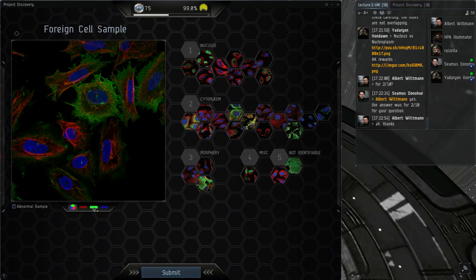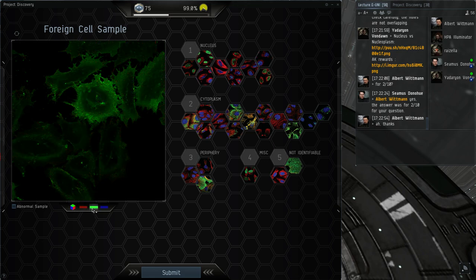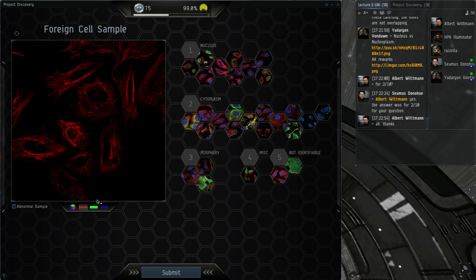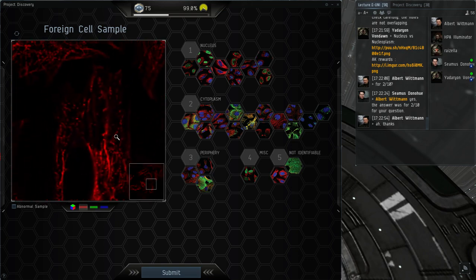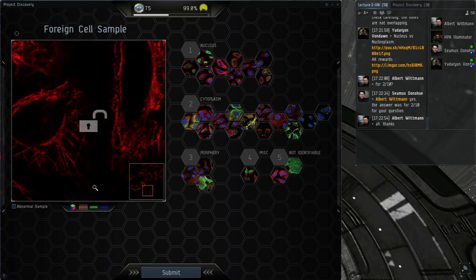Oh, this was a nice one. What you can see here is that the cells in the upper right corner are a bit more in focus than the cells in the lower left. If you turn on the red, you can also see that the cells are looking a little bit damaged, because the red marker should be long, nice red strands, but here we see they're a bit chopped up, so the cells are not doing too well.